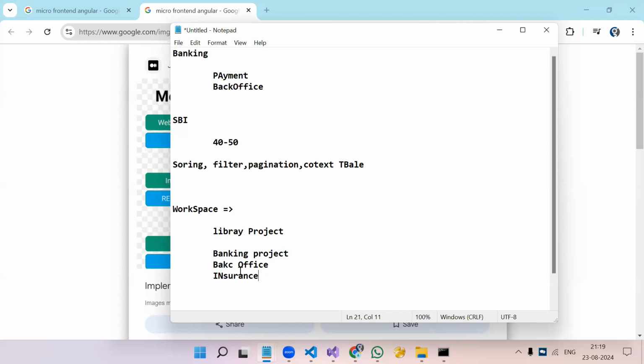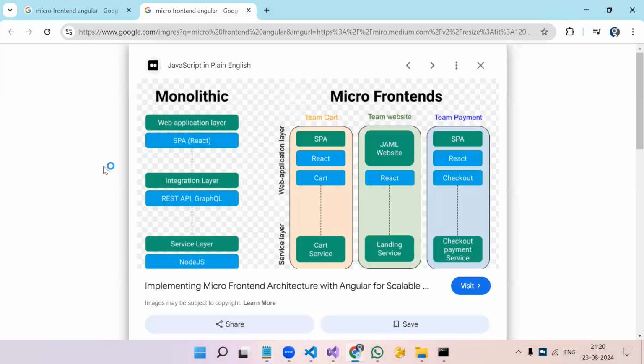Because the API is common for all the projects, if we have to see how this API is getting used and what type of data we have to use, we have access to all the projects because we are working in a single workspace. Fine. So this is just an understanding of how micro frontend, or having multiple projects in a single workspace, works. Just to see the design, you can see, let's say we have a team cart application,